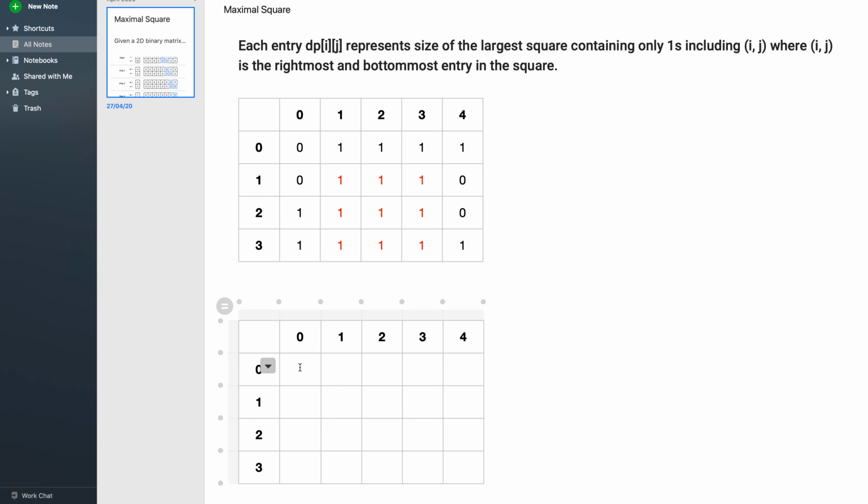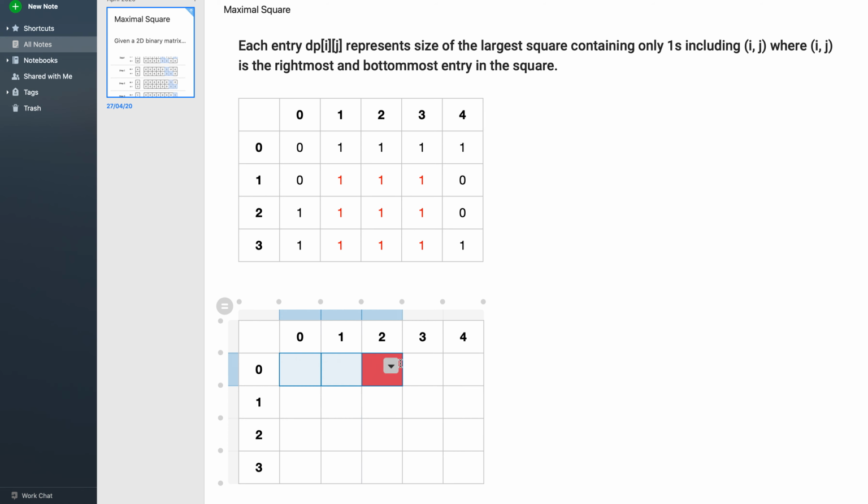One clear insight that you can see over here is that for row 0 and for column 0, it's very easy to fill. Why is that? Let us consider this cell. Now try to consider all the squares with this element present in all those squares as the rightmost and the bottommost element. You can see this is the only square which can exist over here. Correct?